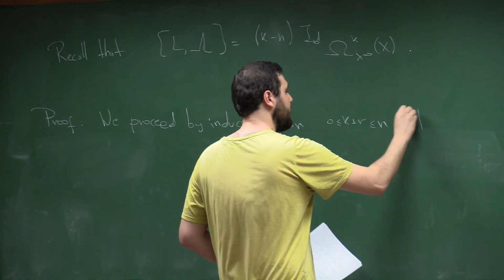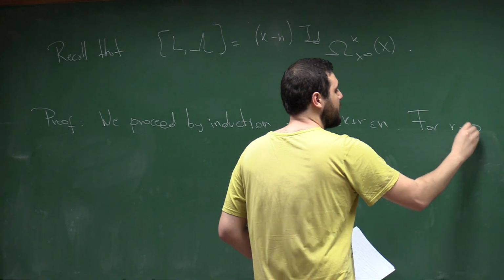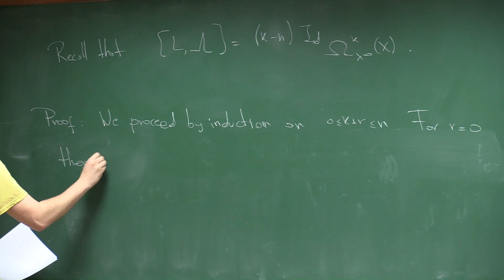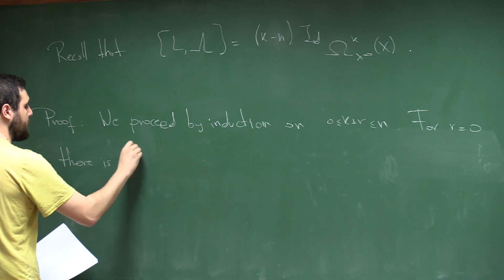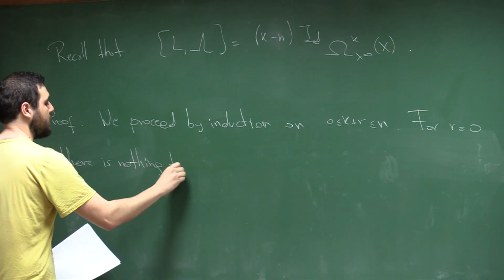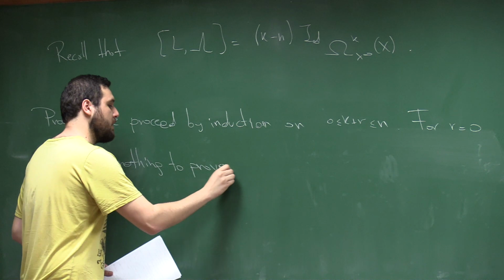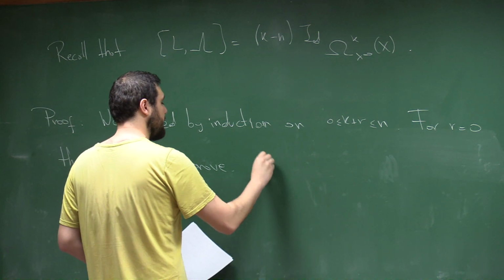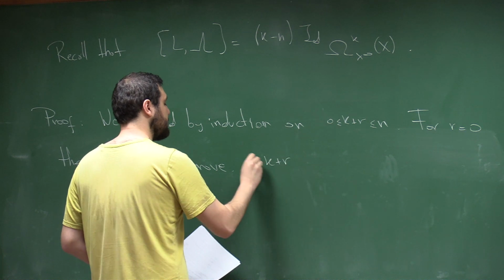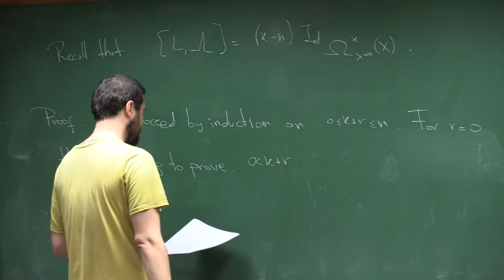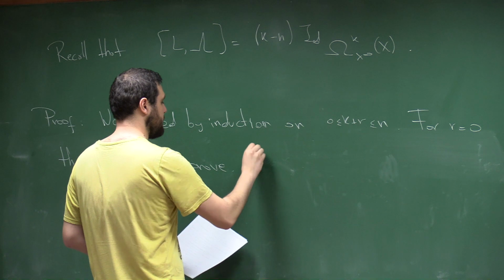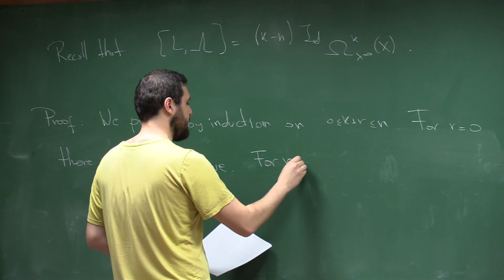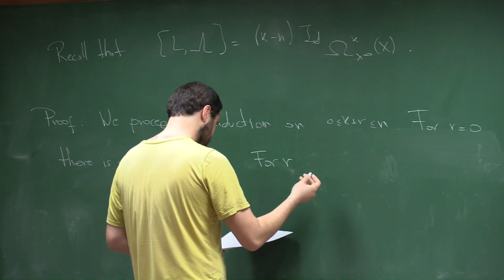So for r equal to 0, there's nothing to prove. So now let's assume that k plus r is bigger than 0. Okay. So for, let's say, r bigger than 0,